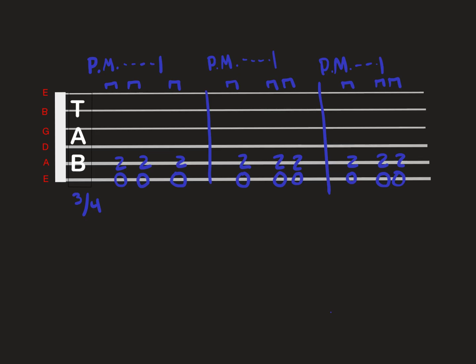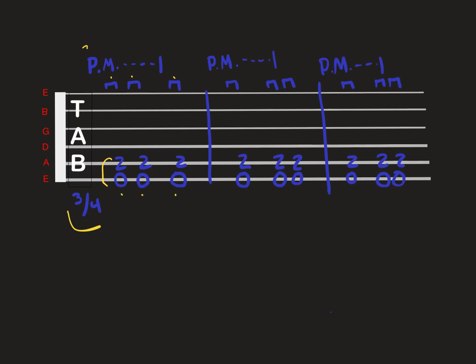Here's another example of something you might see. I'm going to count this in 3/4 here. So across the bars, we've got 1, 2, 3, like that. And here we've got indicated our down, down, down strokes, right? So that's down, down, down. This is an E5 power chord, by the way, these two. And so you're going to be playing that 1, 2, 3, 1, 2, 3, 1, 2, 3, 1, 2, 3,